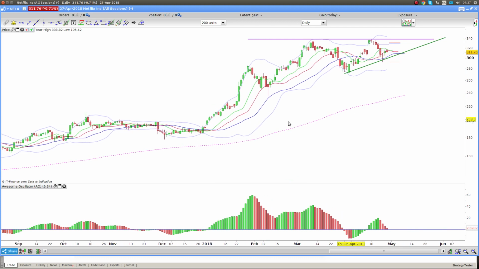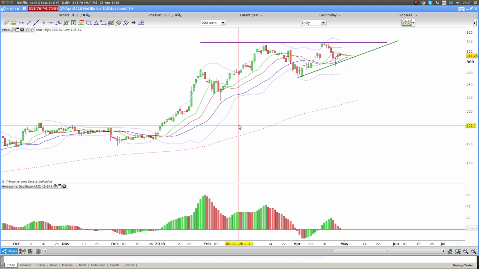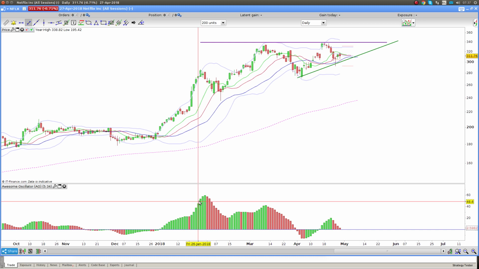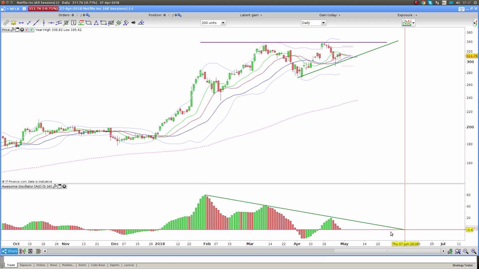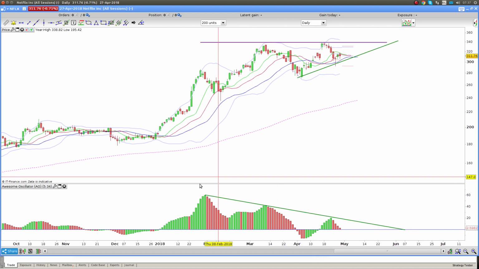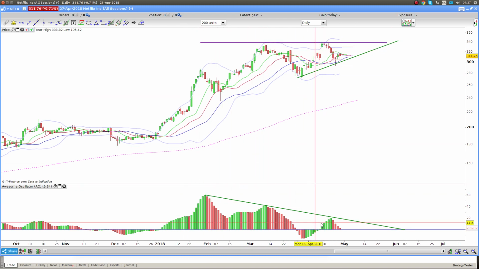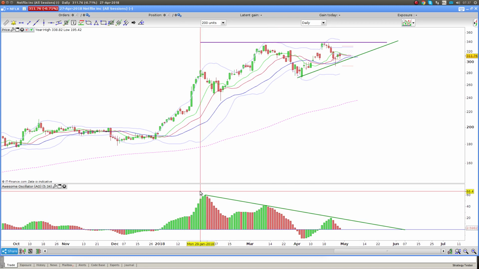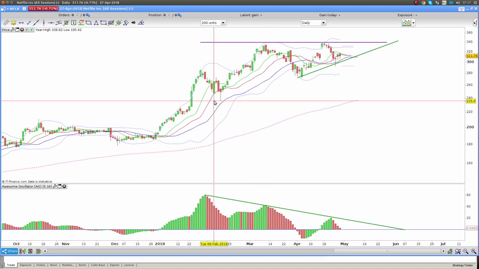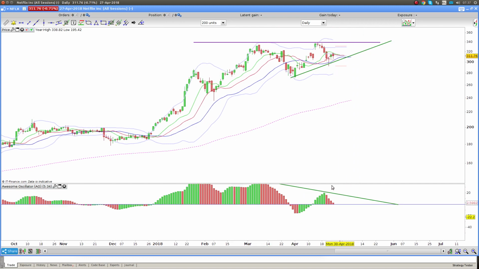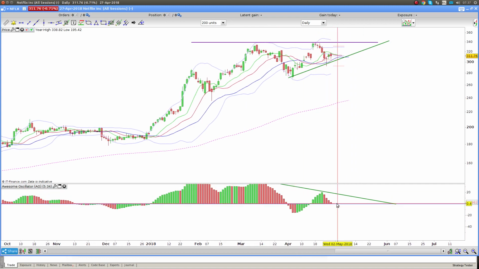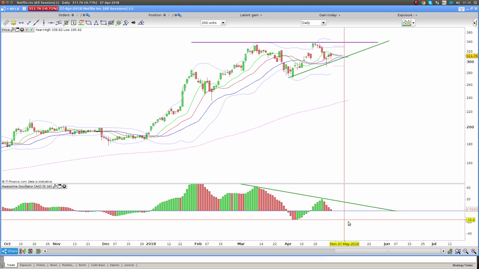Okay, so the first thing that stands out to me on the daily is that we have some serious divergences. Price was going up, then we went sideways or sideways to slightly up, but there is no confirmation on the awesome oscillator. And the awesome oscillator is about momentum. So is the momentum up or down? And we are so close to the zero. So the zero line is sort of my line in the sand. If we break below this and we stay below this, then momentum is shifting to the downside.